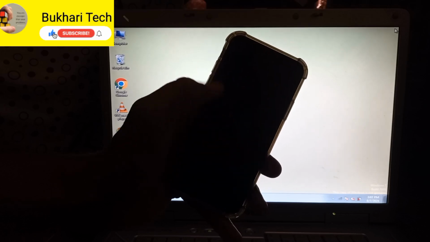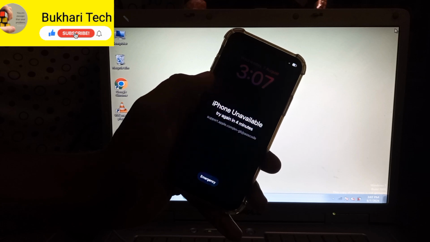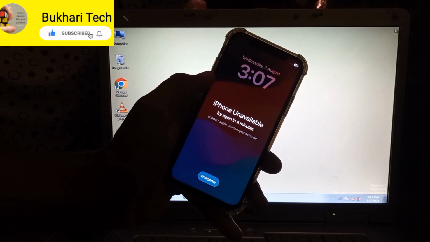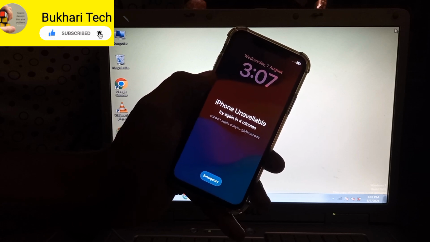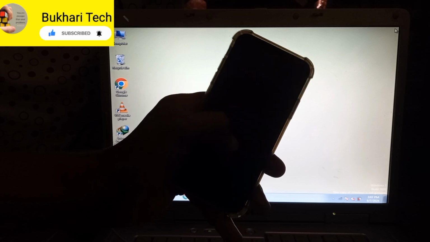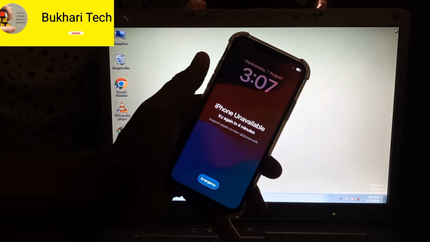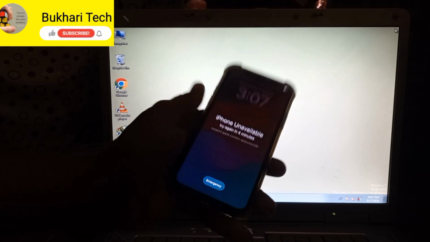Friends, in this video I'm going to show you how to unlock your iPhone passcode if you forgot your iPhone passcode. So let's start the video without wasting time. Firstly, open your laptop